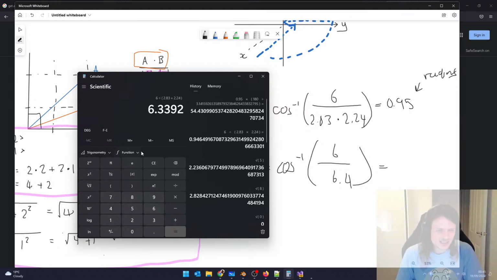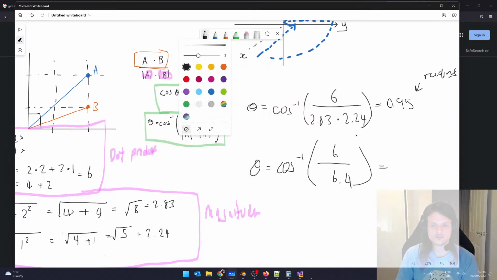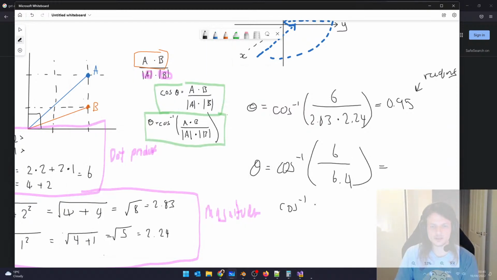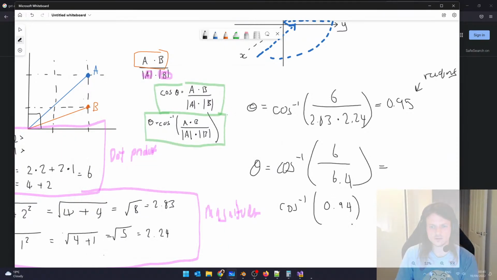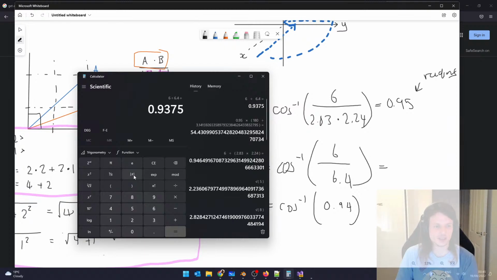How do you do inverse, I wonder? Oh, maybe that one. No, that's logarithm. Oh, second. Okay, didn't know that. So 6 divided by 6.4 equals 0.94. Cosine minus 1, so I'm just putting that into the cosine negative thingy. There it is. And it equals